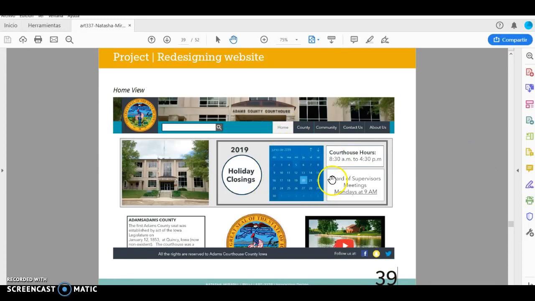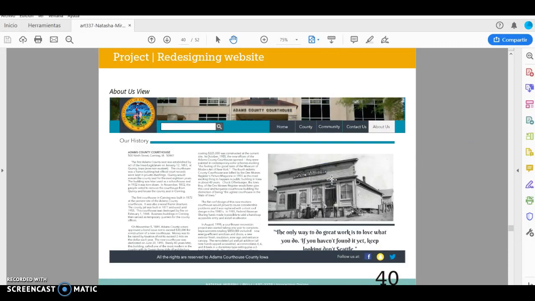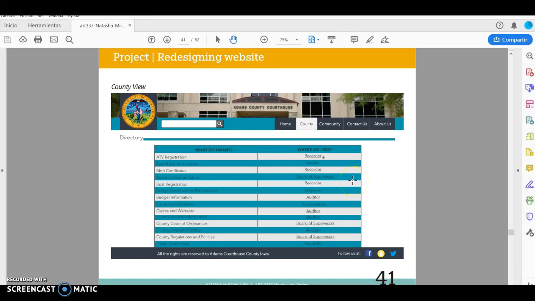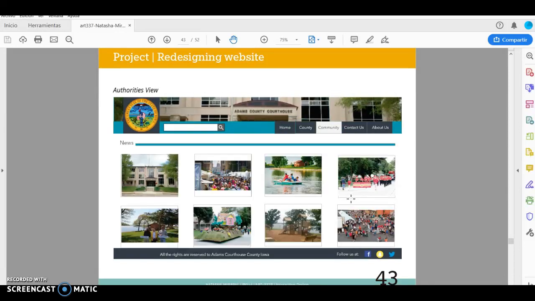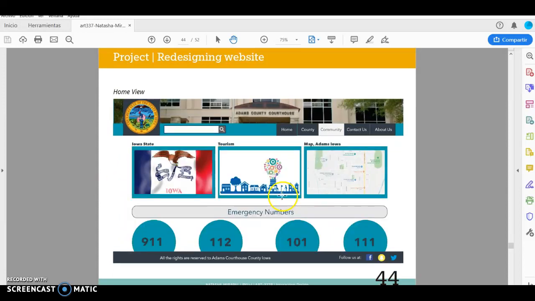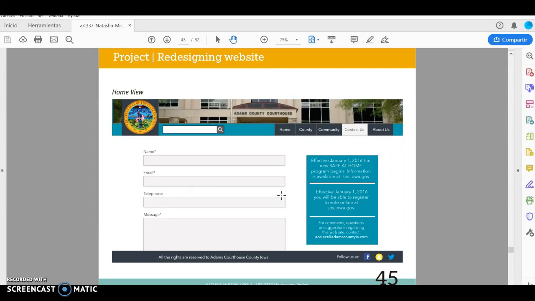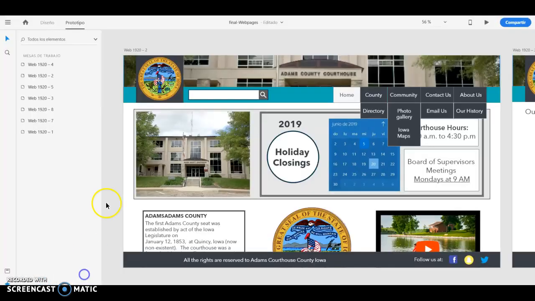are this. This is the home view, about us, the history, the directory, encompassing multiple options, all the rest of the options will be here. Community news and a photo gallery. Also in the community and the contact us. I think I have a really good alignment, a good use of typography, and I will show you now my prototype